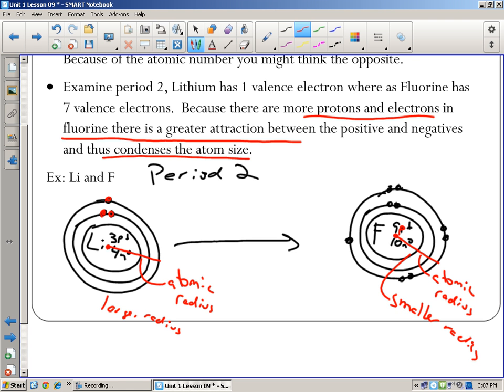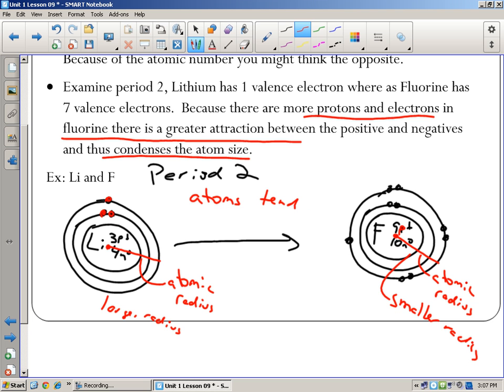And the general trend is, as you move left to right on a periodic table, when I ask you which one's larger, which one's smaller, people think, oh, well, fluorine's bigger. Well, it weighs more, but the actual space it takes up, what does that sphere look like? It's smaller. Okay? So the general trend as you go from left to right is atoms